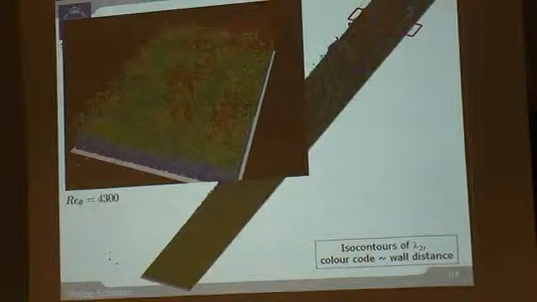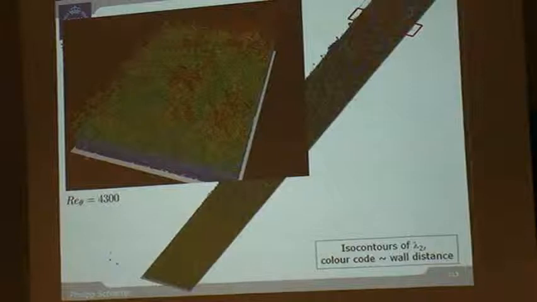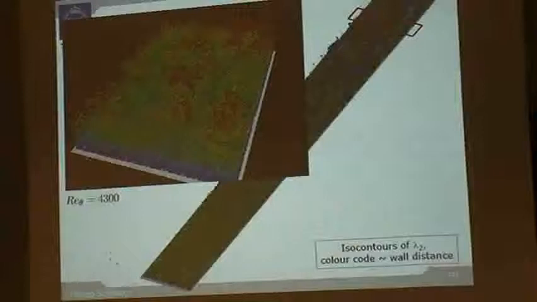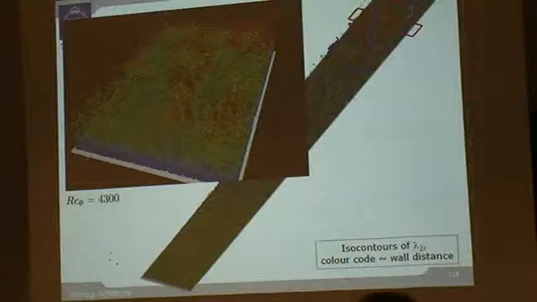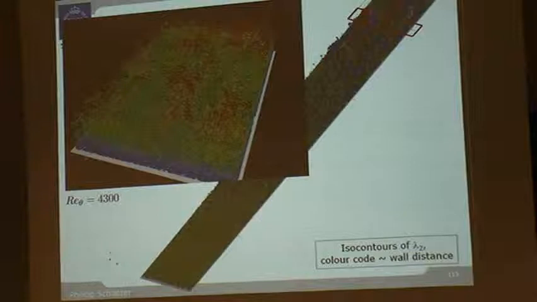And of course, in a very similar way, when we go to the highest Reynolds number in this particular simulation, it's 4,500. You see that the boundary layer has grown because we have the highest Reynolds number. But we also see that everything is dominated by large-scale structures, and the vortical structures are sort of like